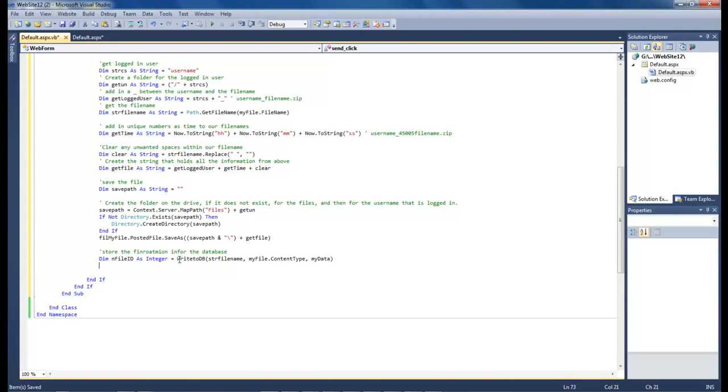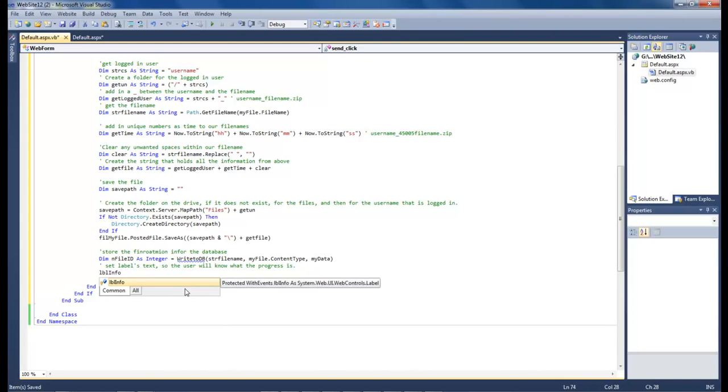My data. Okay, that's going to give an error, but we're not going to worry about that right now. And so the next thing we want to do here is set our label's text so the user will know what the progress is. Okay, so now we're going to do label info dot text equals file name colon, quote, and string file name,